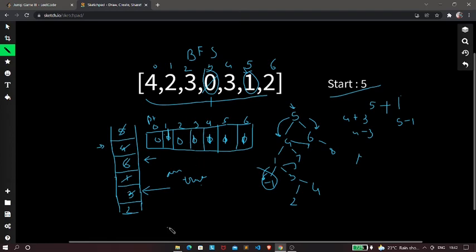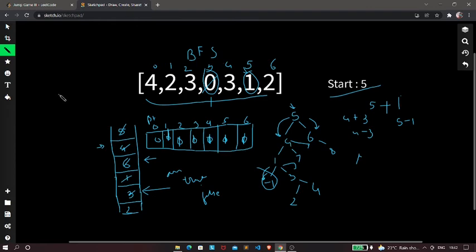Then we go to 2. From index 2 we can go to index 5, which is already visited, and the other is out of the index, that is -1. In that situation we're going to return false. And this is how the algorithm works.